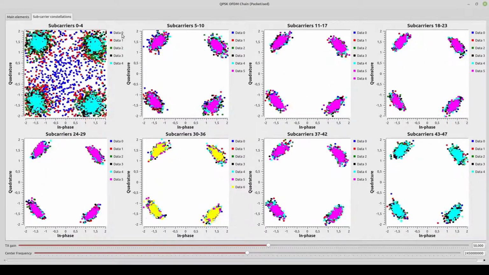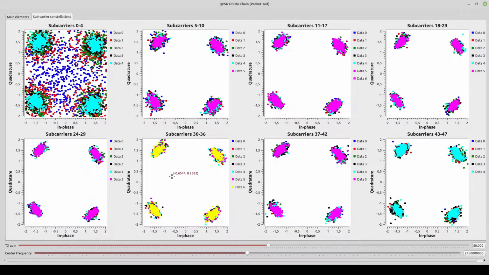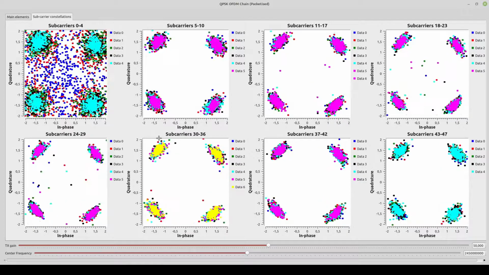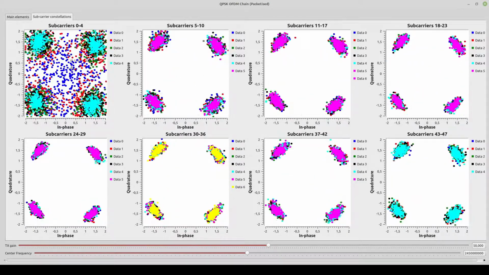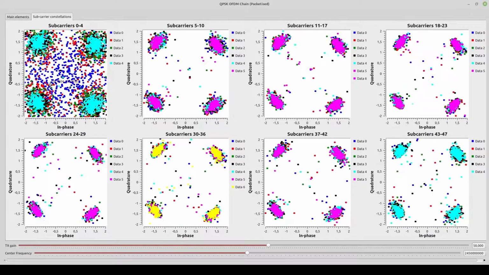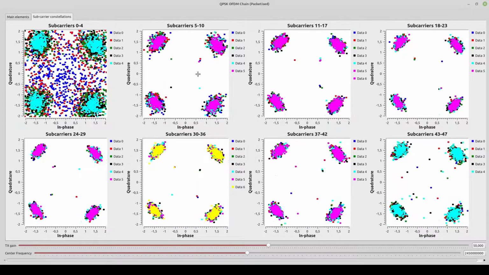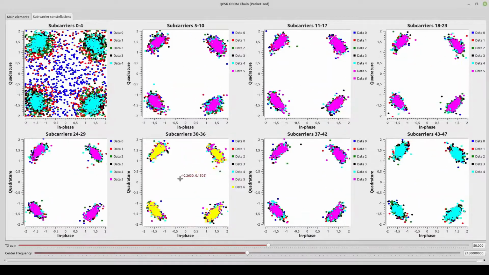But we can see that basically all the other ones that are a bit further away are completely unaffected. Which means that in this case, we are going to have a lot of bit errors for maybe the first 2 subcarriers, but all the other subcarriers are completely fine,